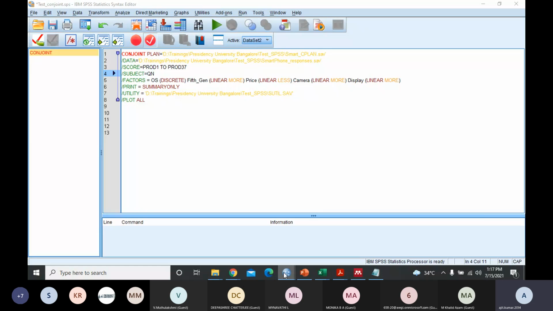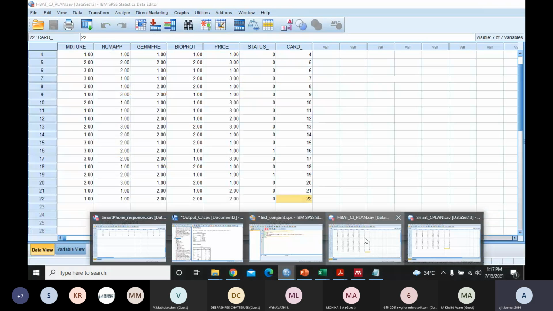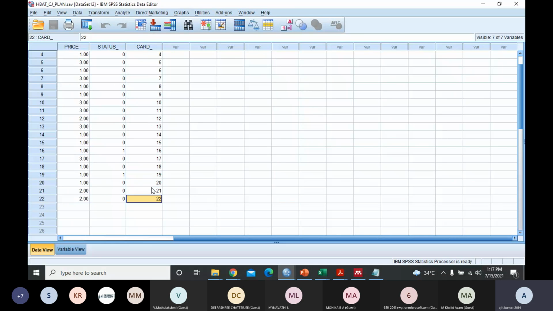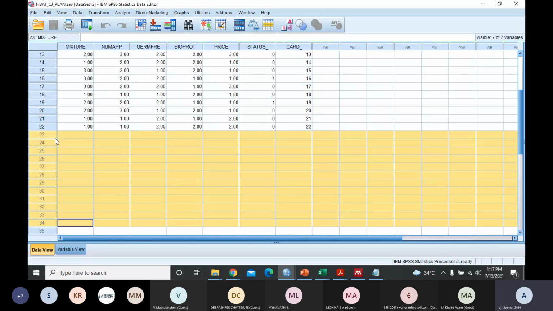What you will do is, let's say that this is more than 22. So what will you do? You delete the extra rows after 22 for now. However, it is not desired when you are doing actual research. Since we are doing this dummy demonstration presentation, that is okay.